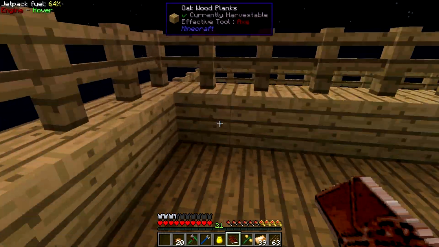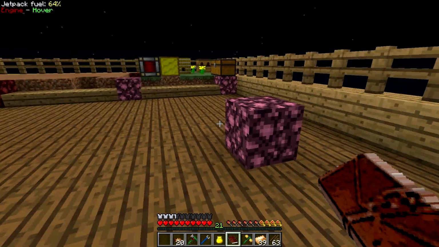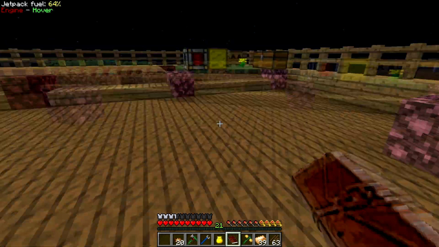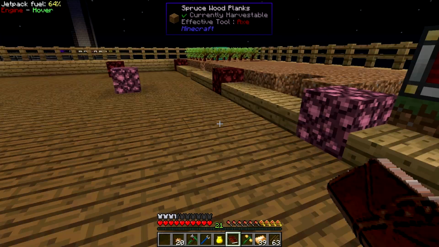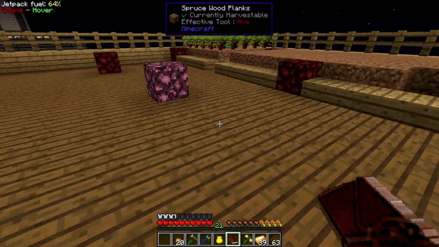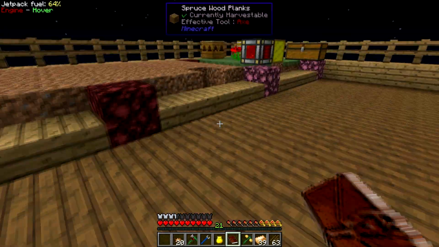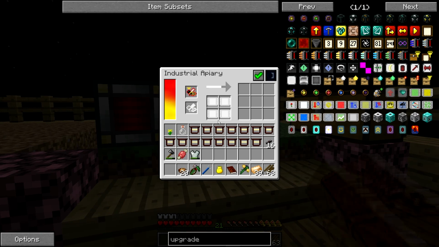Apparently, I had a spot that wasn't lit up somewhere over here, and mobs started spawning. Mobs started breaking the torches, in which case more mobs started spawning, and there was a death. I'm not gonna lie, there was a death. And I finally cleared it all out, and I made the industrial apiary,